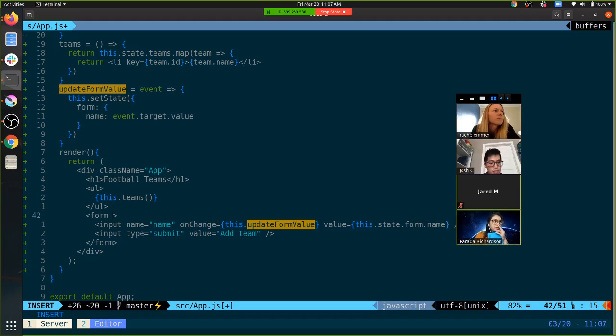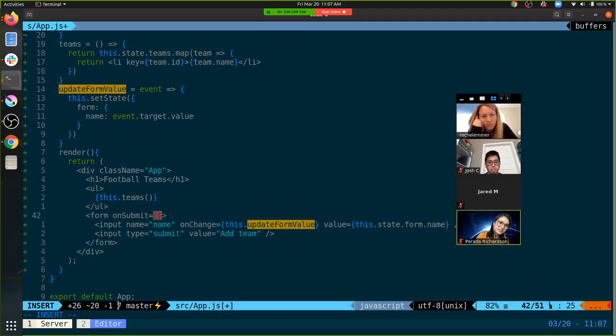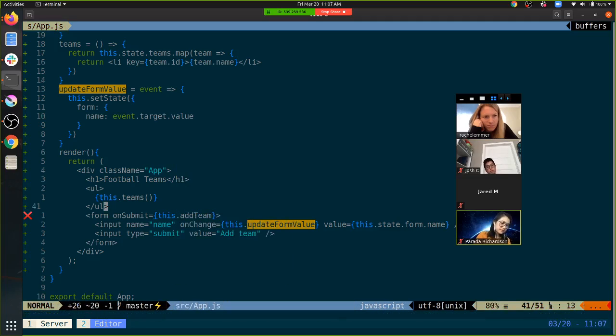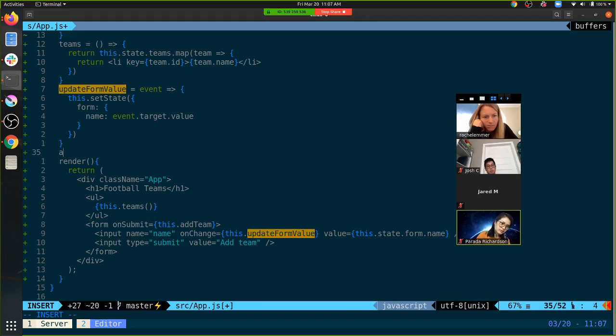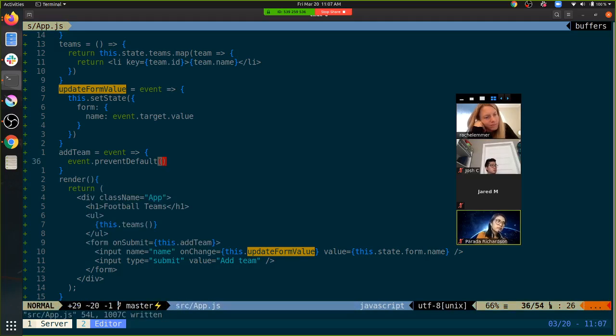Are you going to make the function for the onChange? Not onChange, it's close. On what event? On submit. So when this gets submitted, we want it to add team. Okay? So we make a function called addTeam. Prevent the default. And then